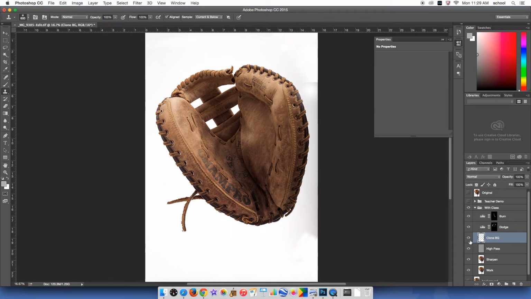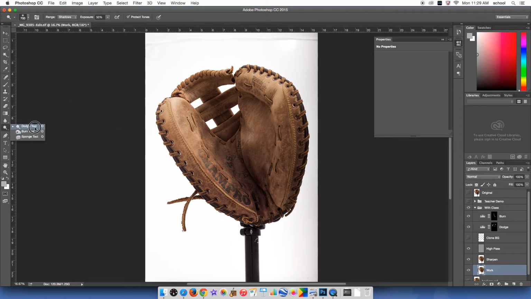The other thing you could do is go down to your work layer, and we actually could use the dodge tool. The dodge tool is going to take our shadows, midtones or highlights, but we're going to choose shadows, and by clicking on them, it's going to brighten up the shadows. We may have to click the midtones a little bit,